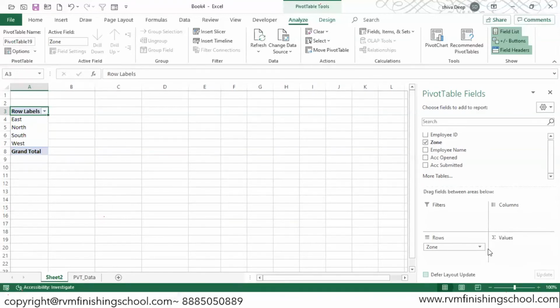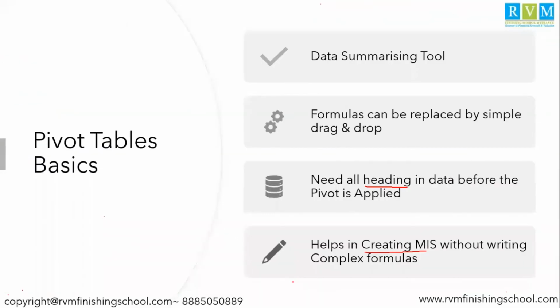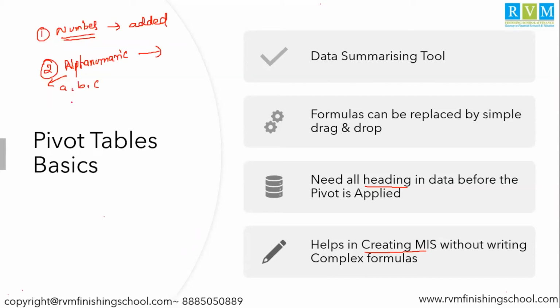Now, the next part you see here is that summation part. In this summation part, whatever we are dragging and dropping, there could be 2 kinds of data. The first kind is a number data that has only numbers. By default, it is added. And if the data is alphanumeric, I've used this word alphanumeric a lot of times. Let's understand what alphanumeric is. Anything which is not a number. ABCD, 1 at the rate, 1 comma. So these are all alphanumerics. All special characters come under alphanumeric.